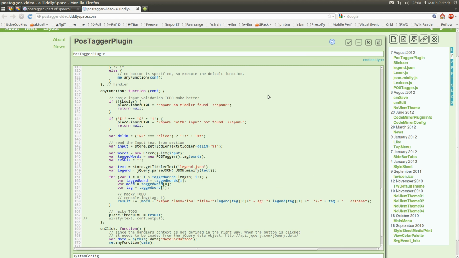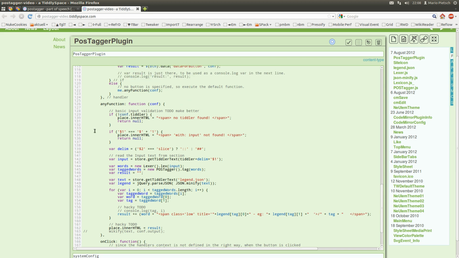Okay, then we need some changings of the variables here. So there is an error message.